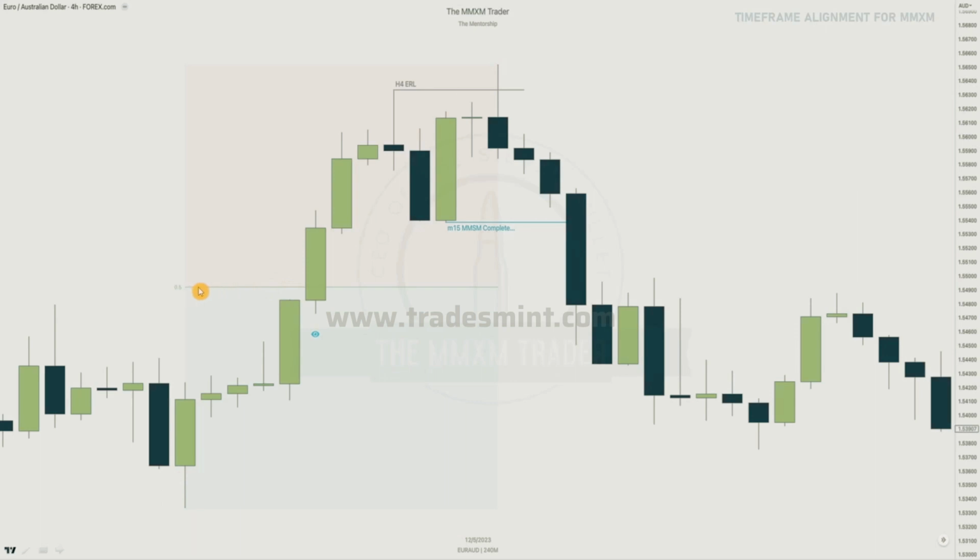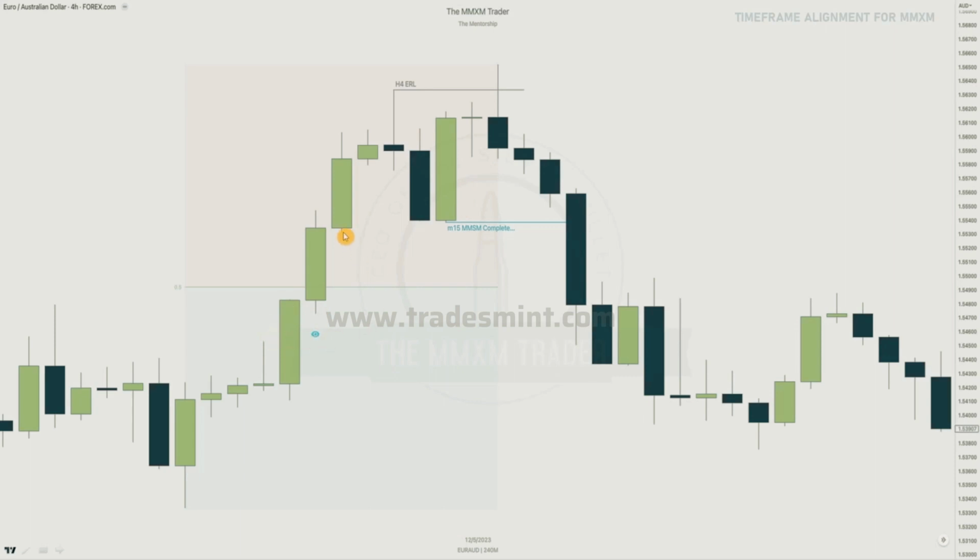Everything below this 50% level is discount. Now, again, we think about external to internal, internal to external, order pairing, very important, right? So we have an external raid over here, or a turtle soup. Now, what are we going to be looking for as our next draw on liquidity after we take out external? We're going to look for an imbalance in discount, preferably, as our draw on liquidity, which is this fair value